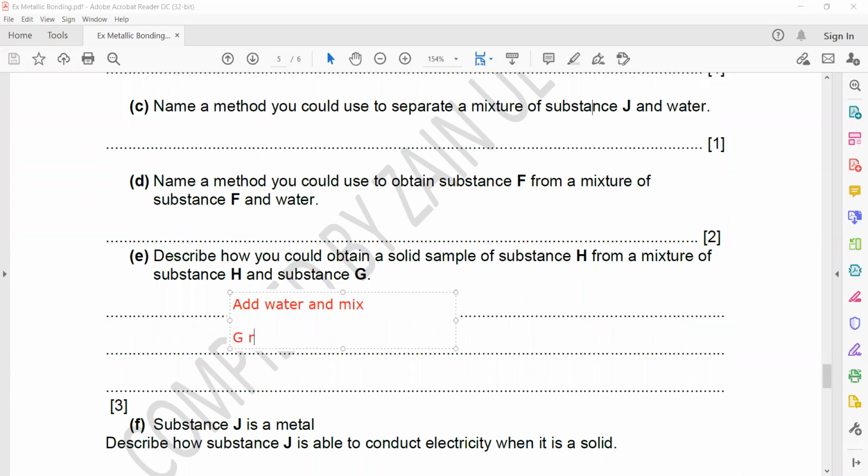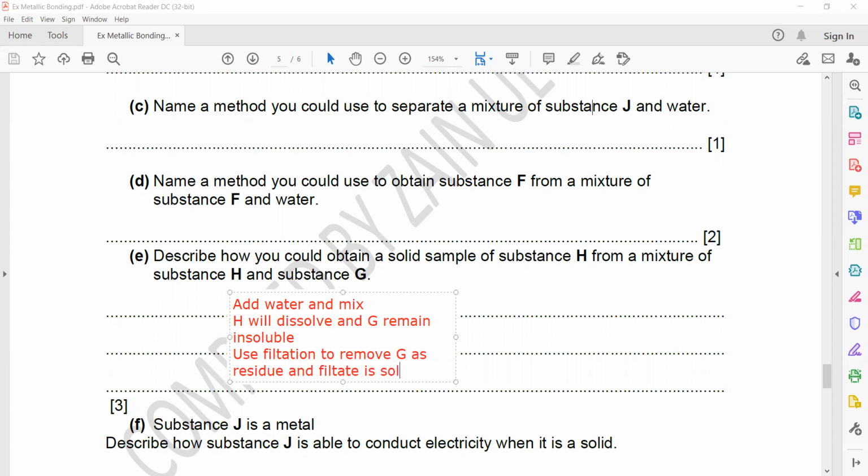H will dissolve and G remains insoluble. So how do we separate G from H? We will use filtration to remove G as residue, which is left on the filter paper, and the filtrate